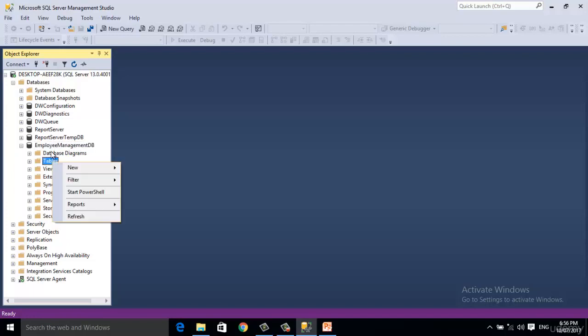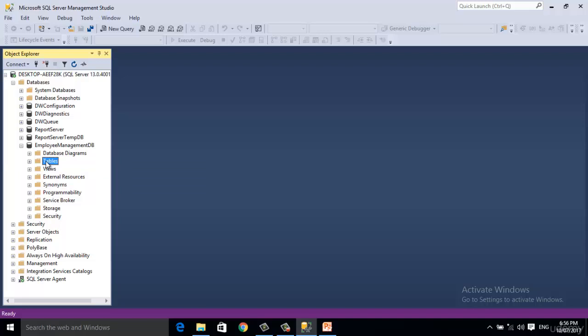First of all, I would like to create a table having employee information. Since our database is employee management DB, therefore I will create an employee table.